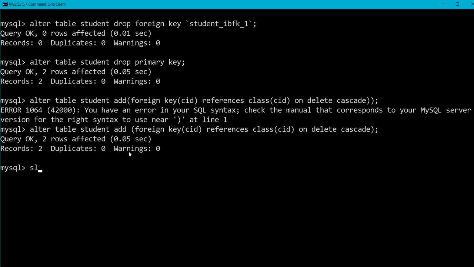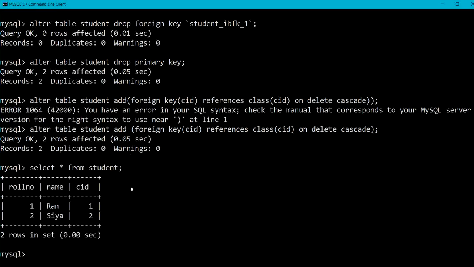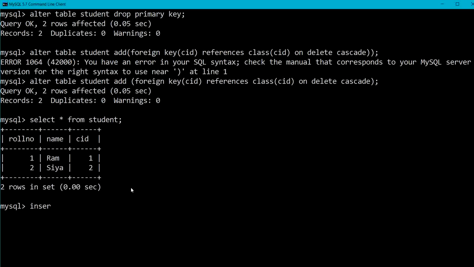Now let me check the records in my student table. Select star from student. Okay, I am trying to insert a new value into the student table. Insert into student values 3, name of student Swati, class ID as 3.